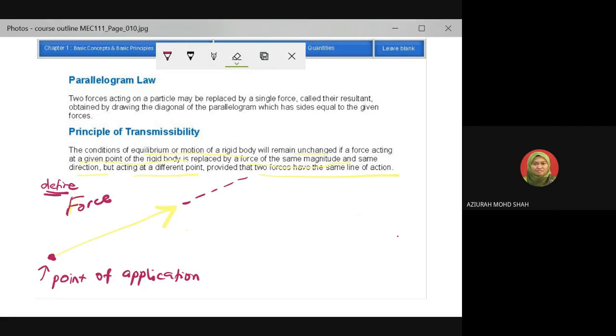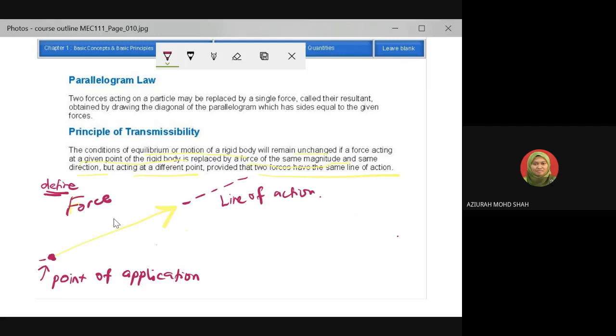Okay, line of action ini. Dia ada ekor di belakang. Maksudnya sama lah panjang. Okay, ni line of action. Ada sambungan di belakang tu lah. So this is line of action. Alright. Lepas tu,